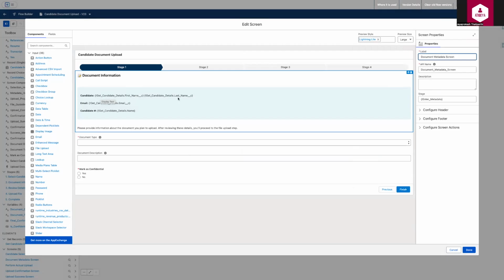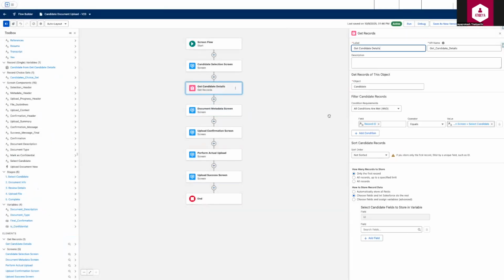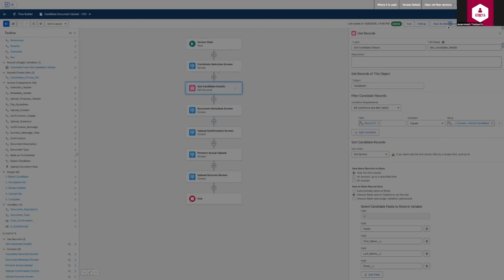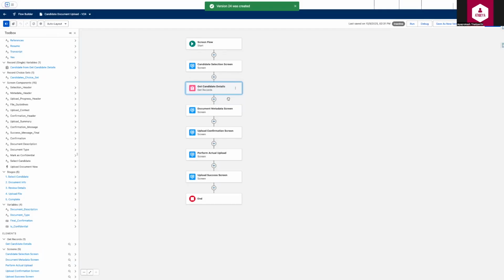I'm using the first name, last name, email, and name field. I'll just pull those 4 fields in my get records action. First name, last name, and then email. If any other fields are required, you can pull them accordingly. Let me save this. The other practice that you have to follow whenever you are using any actions in a